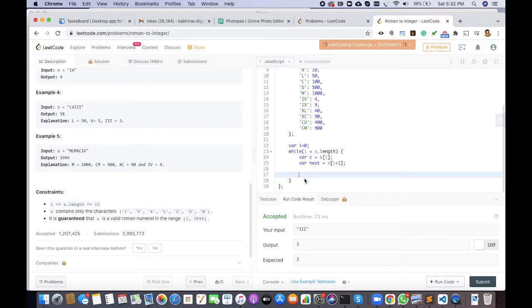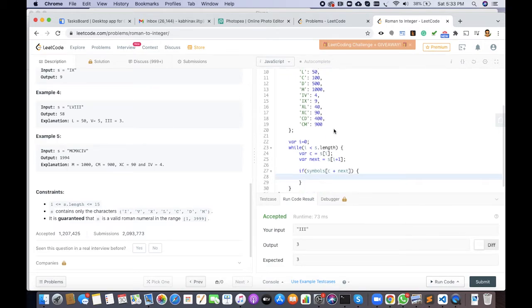So what we can do is something like this. If symbols[c + next] is a value, if it is found in this, otherwise it will be undefined. If it is found in this, then